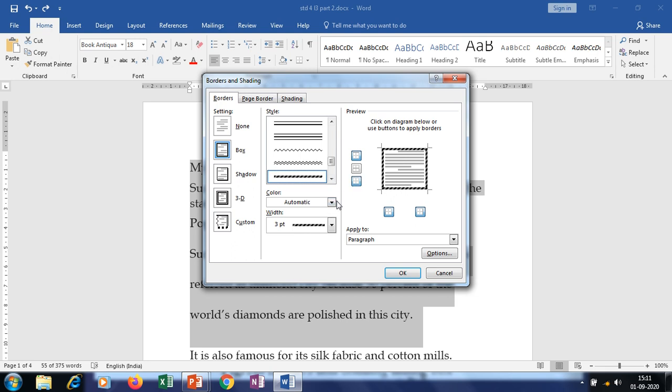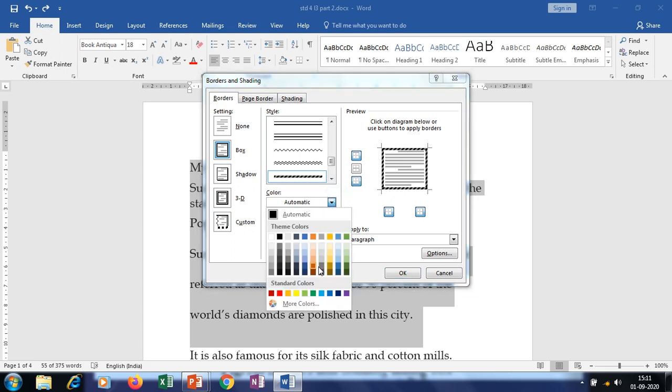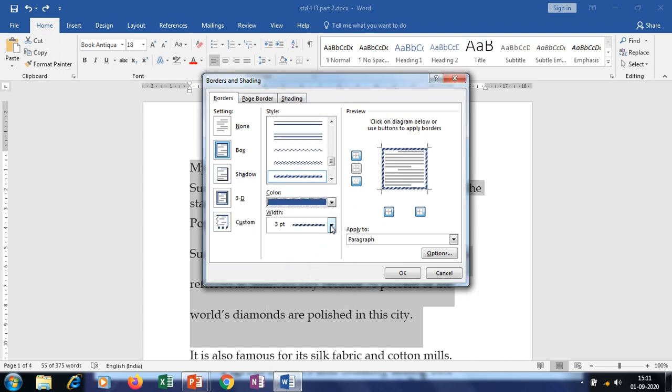You can change the color from here. So whichever color you want you can select, and you can select the width of the borders. Over here it is 3 feet. We cannot change. If we select something else, you can.